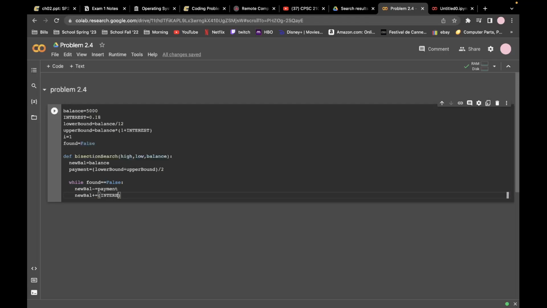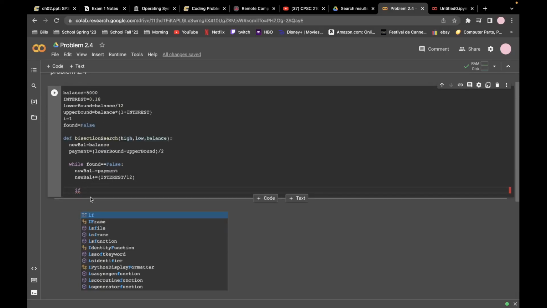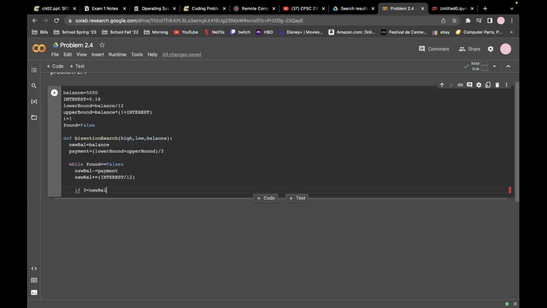But the interest is an annual figure. So we're going to divide that by 12 because this is per iteration. This is part of the while loop. So there we go. And so now we can start our reference loop. If new balance is between 0 and 1 inclusive,